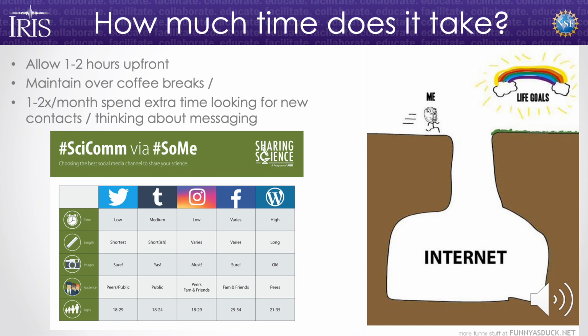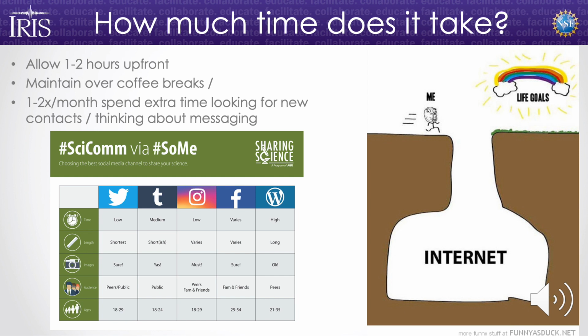And this will help you to do that. So if you want to talk to, say, high schoolers, you probably want to go on Instagram because that's the right demographic. If you have great videos to share, YouTube is the place for you. If you want to be talking to the maybe over 65 demographic, Facebook is the place to go. So think about those sorts of things when you're thinking about where you want to start engaging on social media.